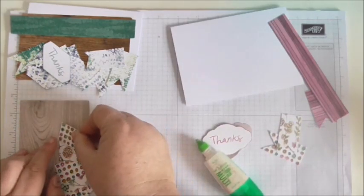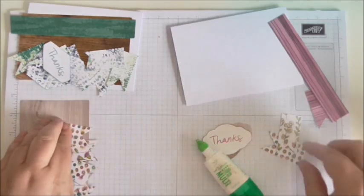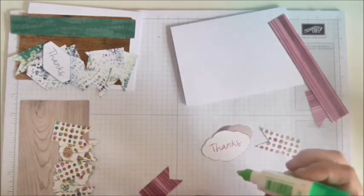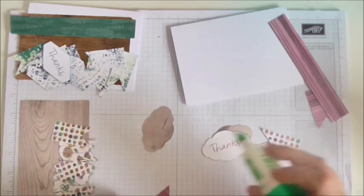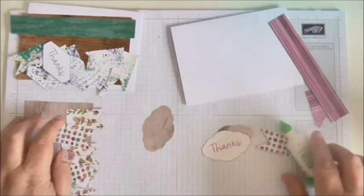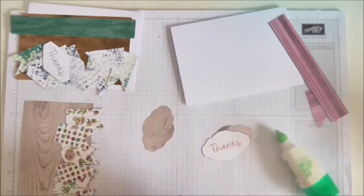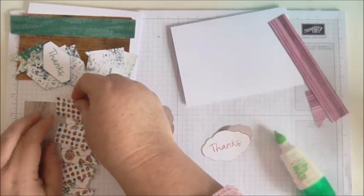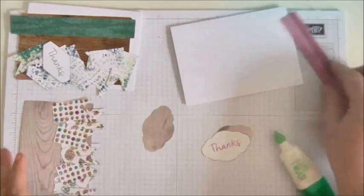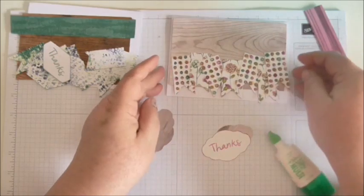And just alternate them a little bit higher. That one a bit lower. And then I'm going to take that one quite high and let that stick out a little bit. So once that's on my card, see they're all